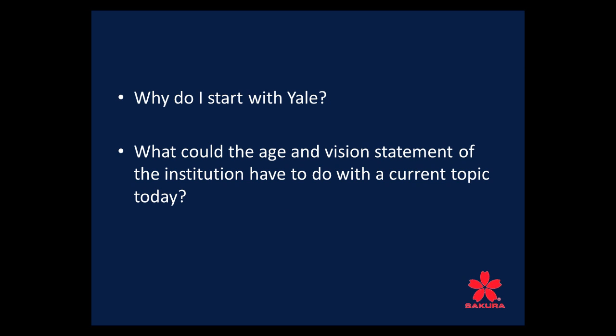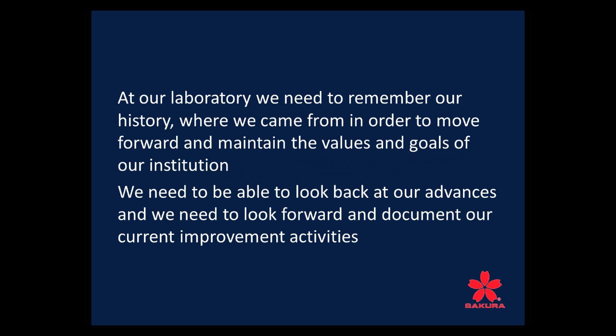So why do I start talking about Yale, and why am I talking about the age and the vision of this laboratory compared to Lean and Six Sigma? What I think is critical is that in the laboratory, you really have to remember your mission statements. You have to really remember your history. You need to look at where you came from, and you need to build those goals and values into your